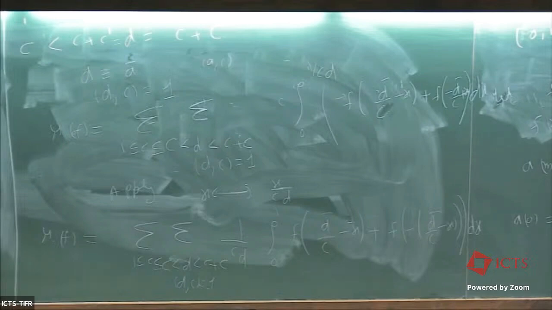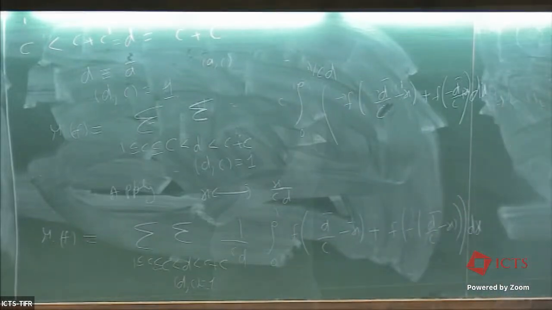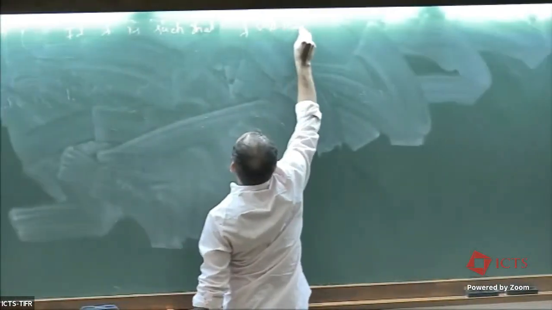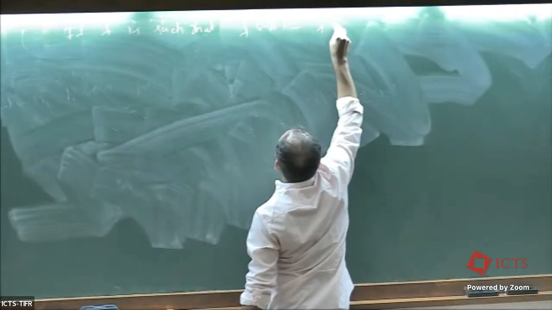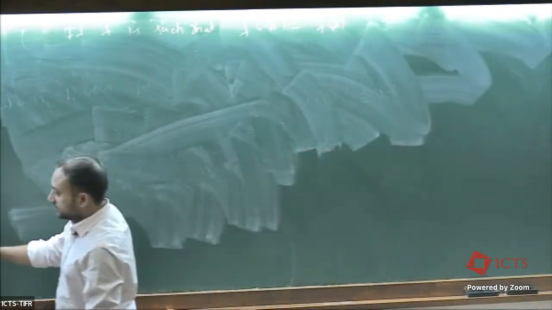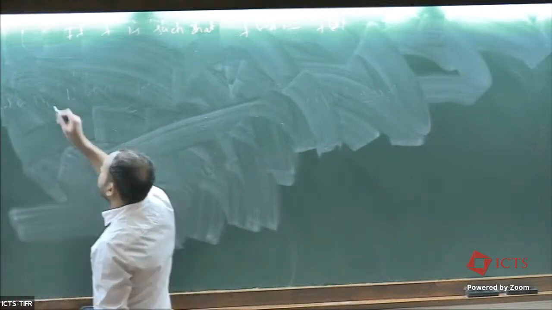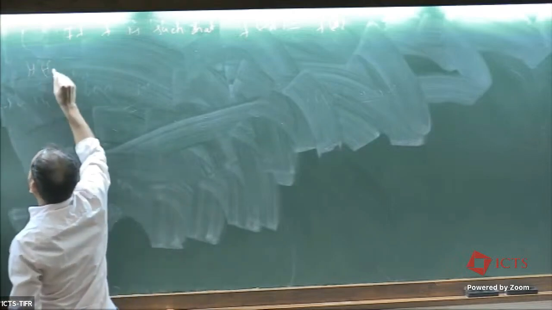So this expression holds for any periodic function of period 1. Now if f is such that f of minus x is the same as f bar of x, then f plus f bar gives 2 times the real part of f. In that case, mu of f is nothing but